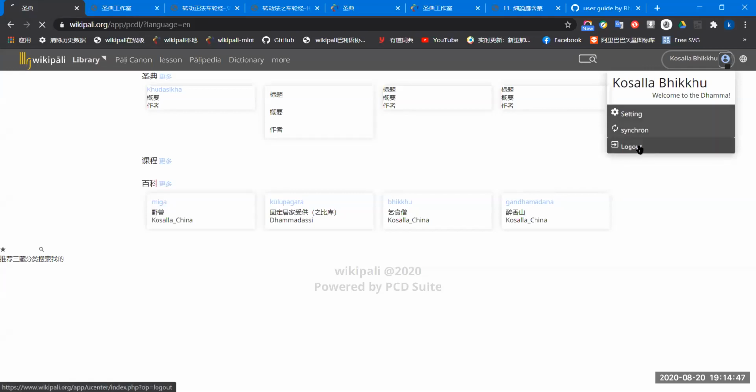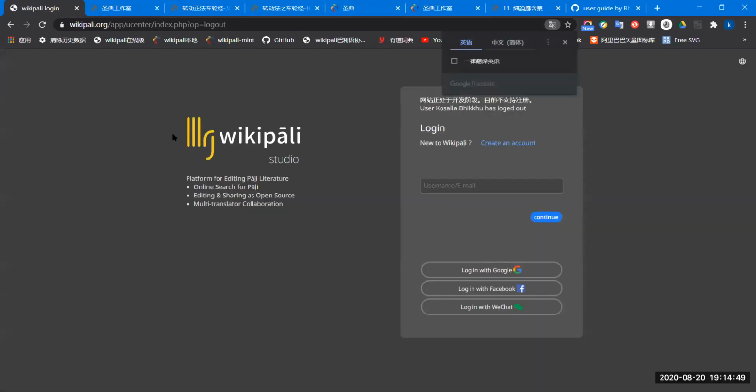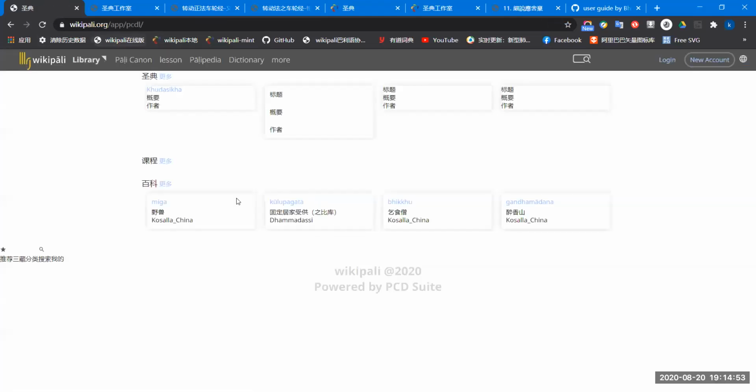I just show how to log in. Okay. Now first, this is the main site now, but it is unfinished yet. So we can first